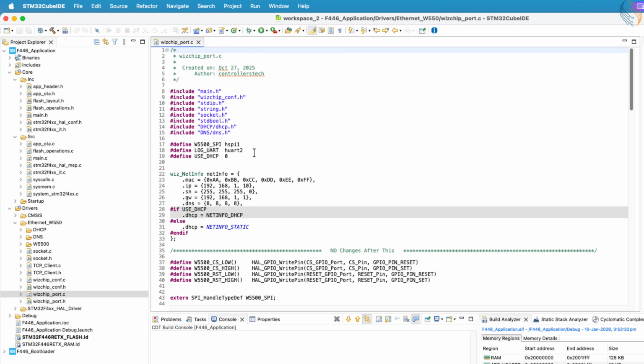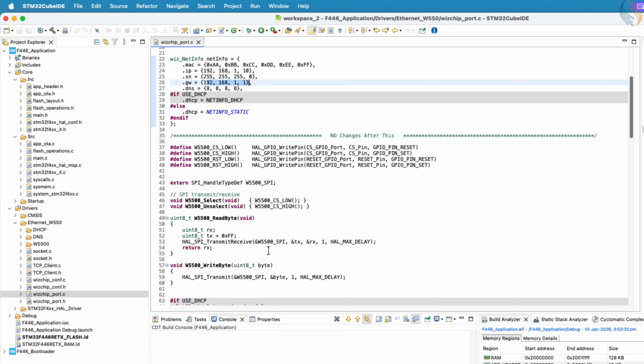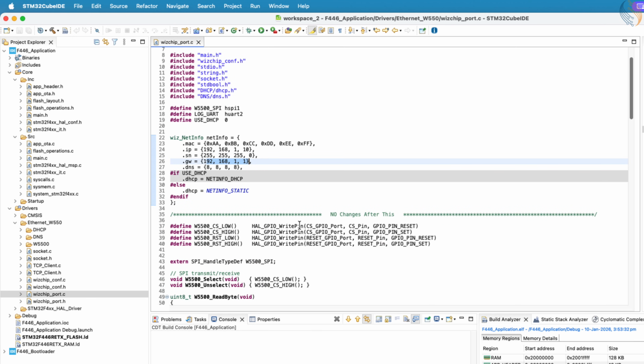Open the wizchip_port.c file. In this file, you need to provide the SPI interface required by the W5500 module, along with the UART instance that will be used for printing log messages. I am not using DHCP in this setup, so it is defined as 0. Instead of DHCP, I have configured a static IP address for the W5500 module. The chip select and reset pins have already been defined in STM32CubeMX, so there is nothing more to change